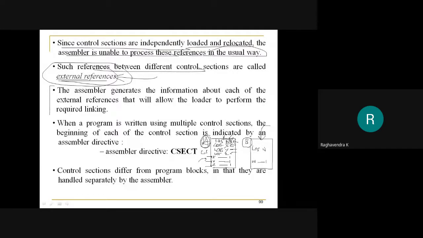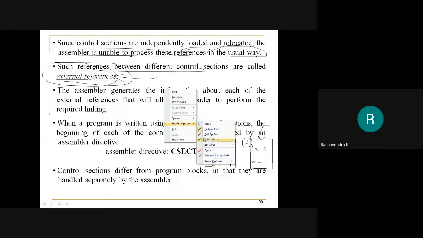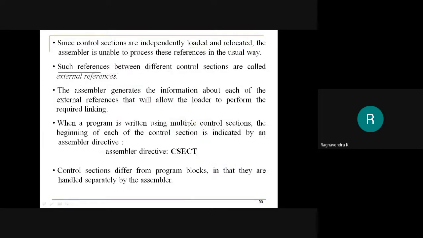It is defined in B, but it is being referred to in A. This type of symbol is called an external reference.